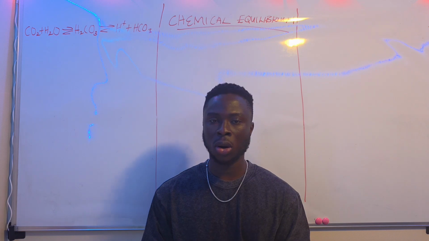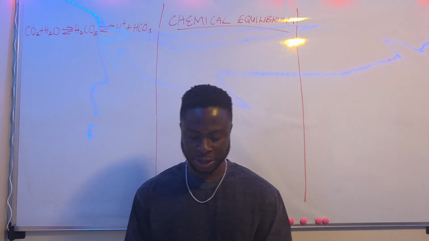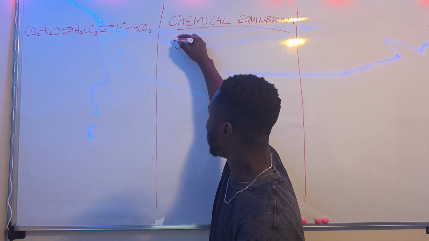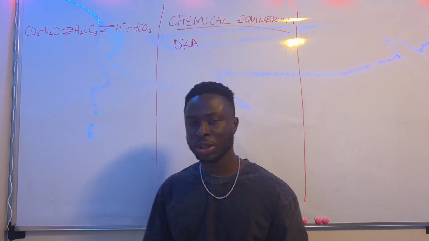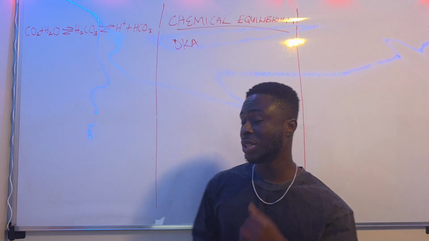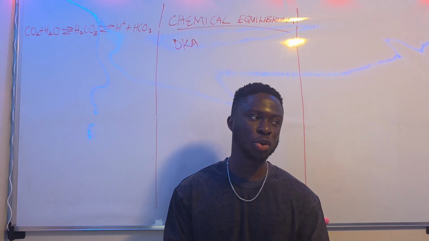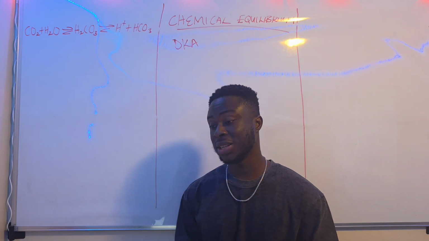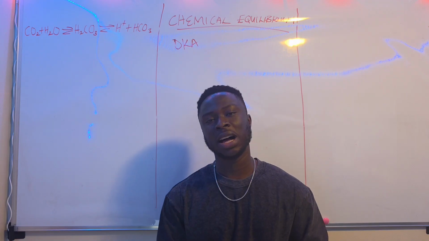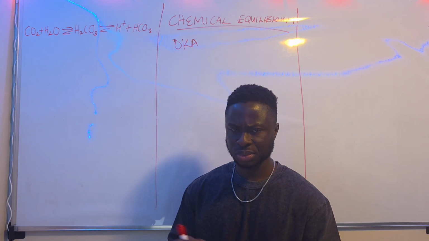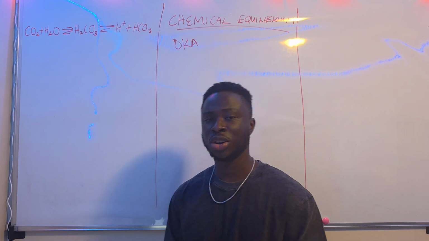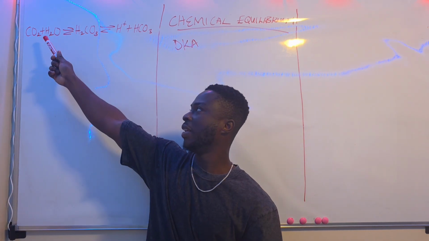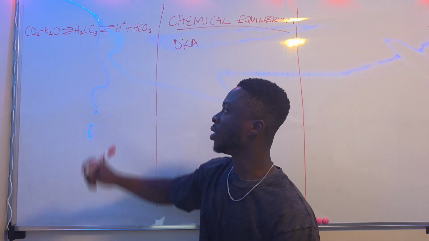You got a call, and when you got there they told you that the code the kid has is DKA, which is diabetic ketoacidosis. Now diabetic ketoacidosis is a condition most of you have heard before, where there is a production of ketone acids in the blood. You look at the child, and the child is hyperventilating, and you ask your nurse or whoever is assisting you why the child is hyperventilating, and the nurse writes you this equation: carbon dioxide